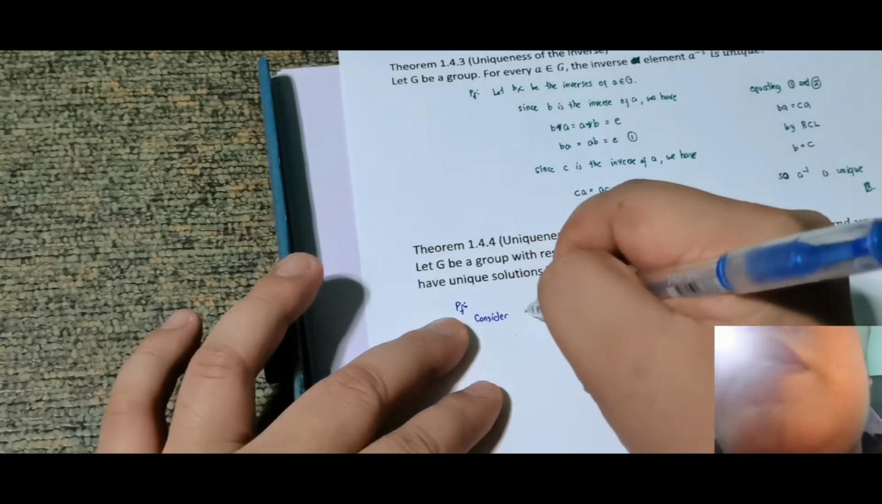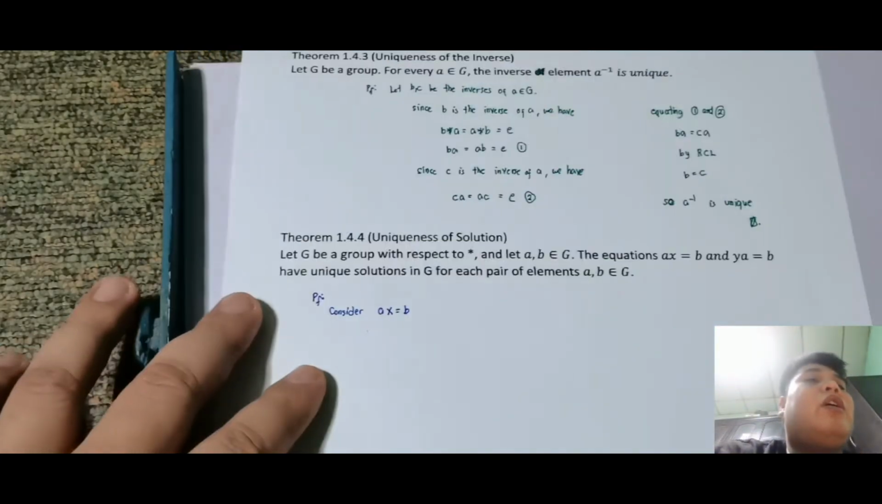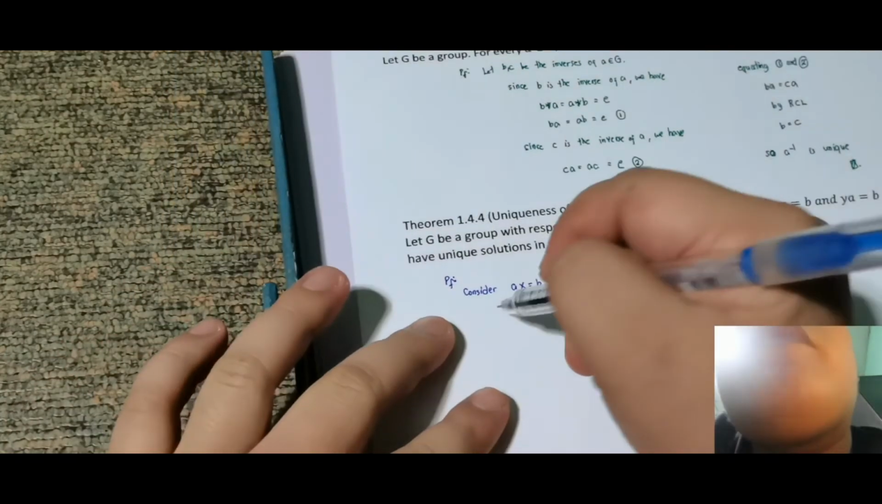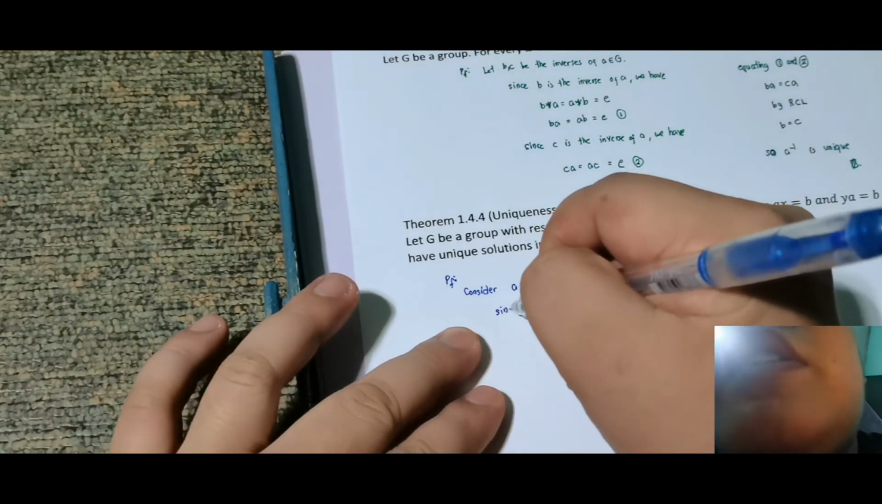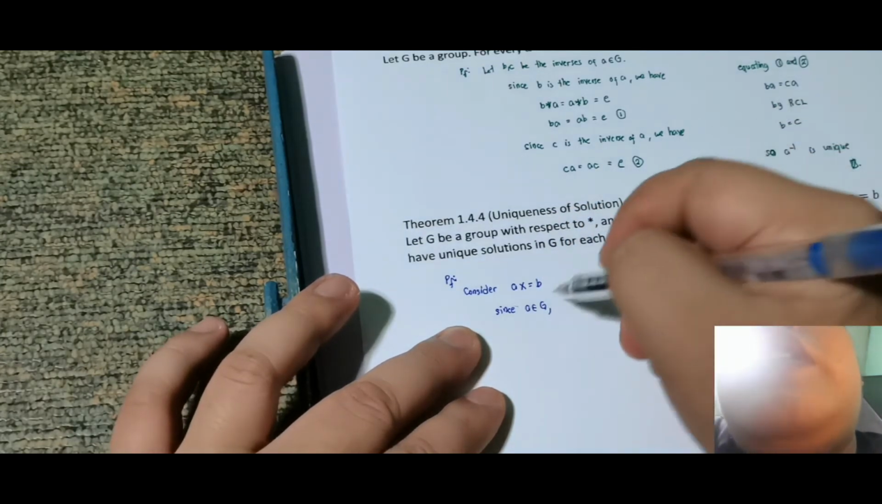We need to consider AX is equal to B. So ito lang yung pinili ko. Hindi ko na pinili si YA is equal to B. So consider AX is equal to B. So note, same reasoning sa taas. Since A is an element of G at alam ko na group si G, then